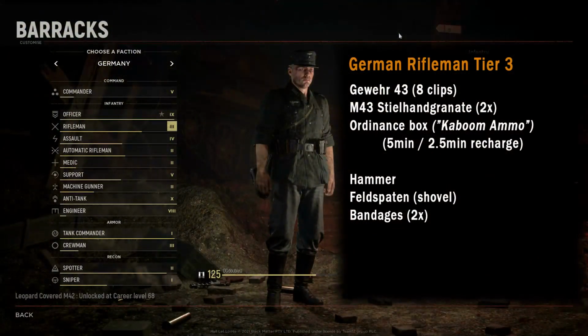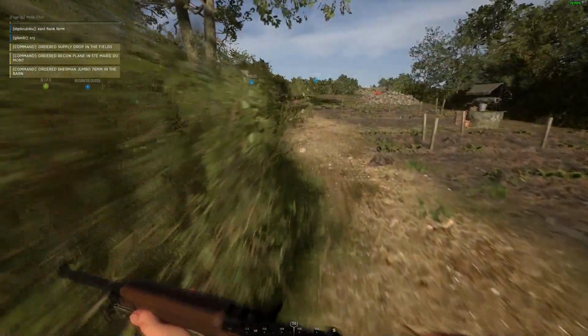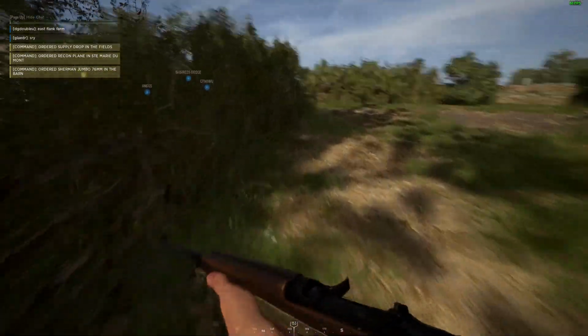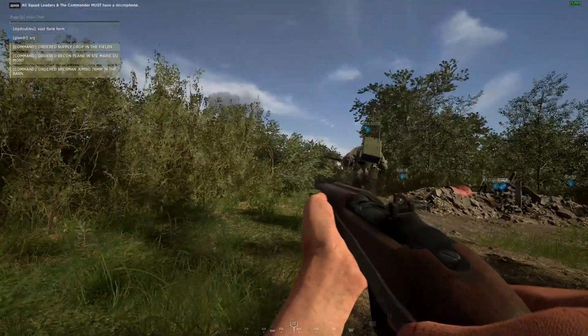The German Rifleman is the only one that has another class, which becomes available as soon as you hit role level 6. This time around he gets a Gouet 43, which is a semi-automatic rifle comparable to the M1 Garand. He has 2 explosive grenades and also carries an ammo box, but this time around it's an ordnance box,